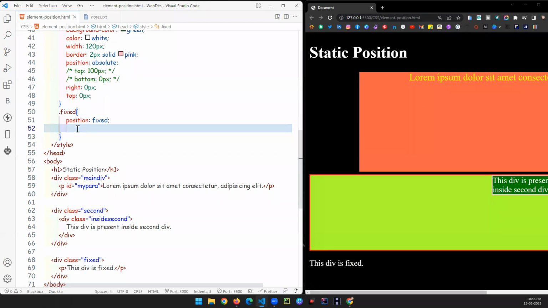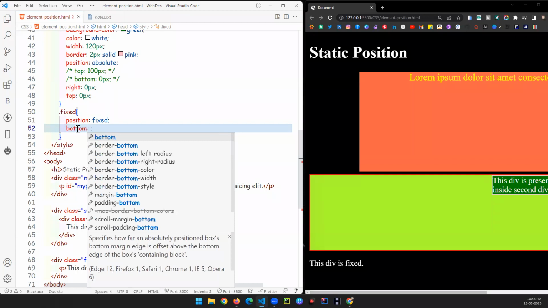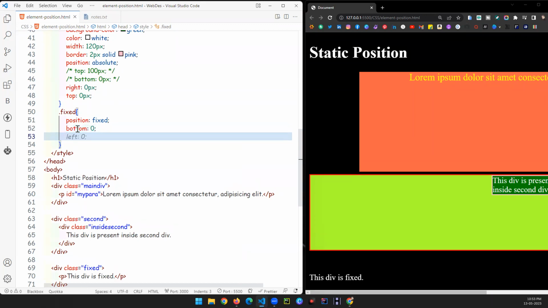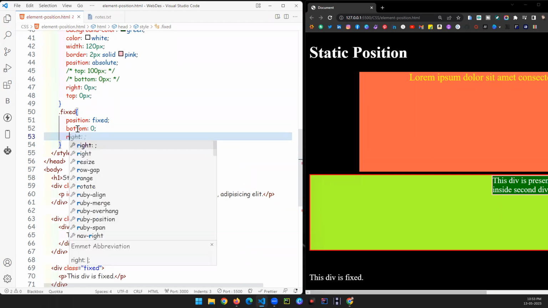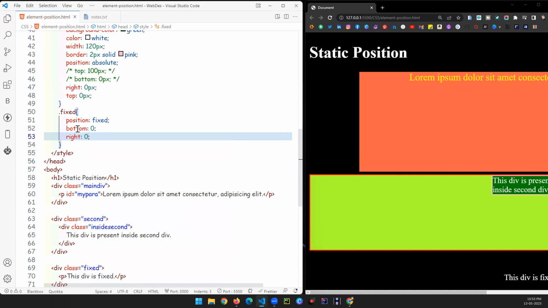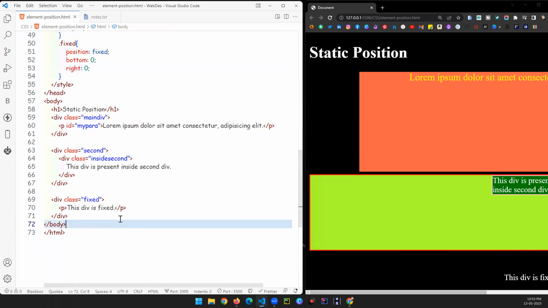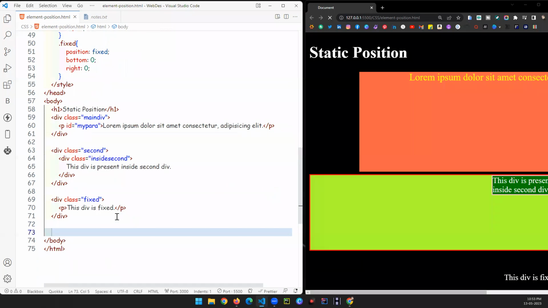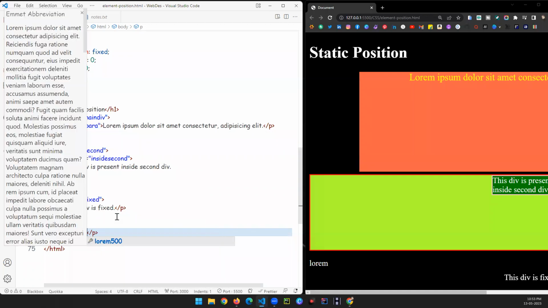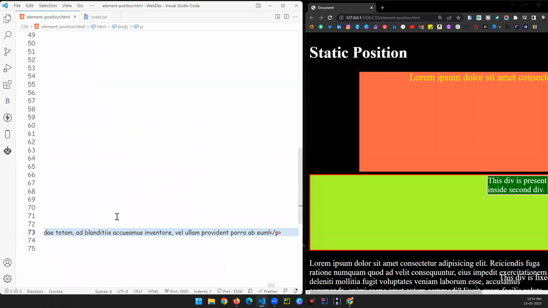Okay, so over here what I'm going to do, I'm going to provide bottom 0. Okay, can you see that this is the bottom 0 thing, and let's have right 0. That's it. So what is happening over here, this particular data is fixed over here. So let's have some more data below this. Okay, let's have paragraph lorem 500 and enter. Okay,